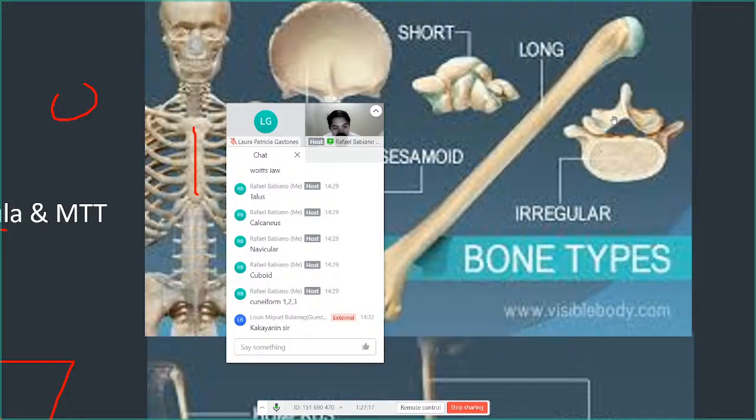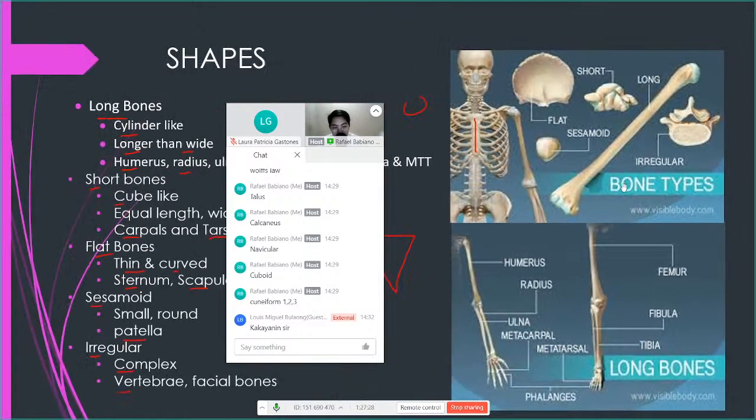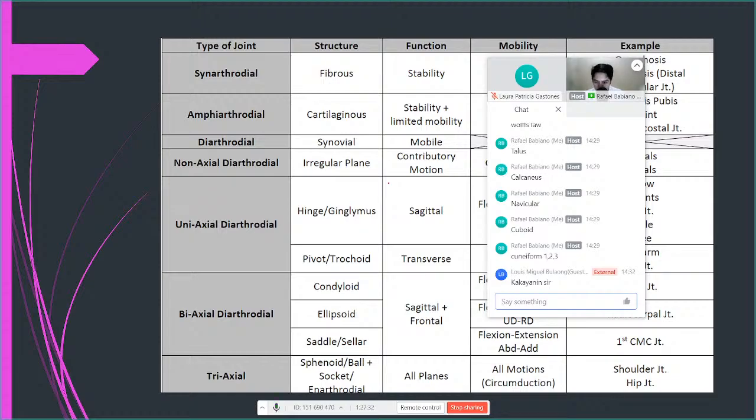Vertebra, the shape is different for each of them. This is the superior view, from the top view. You can see it. Then the thoracic looks different. Okay, the lumbar looks different. Okay, so they vary. That's why they are irregular. All right. Can you still keep up, guys? We're going to move to joints.